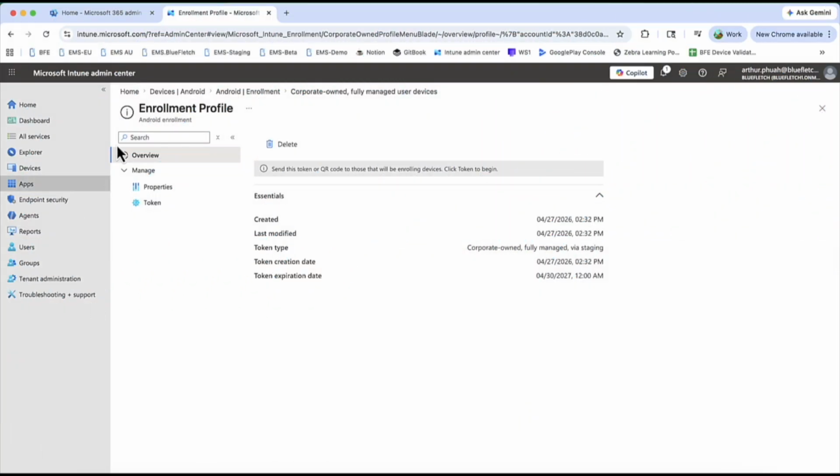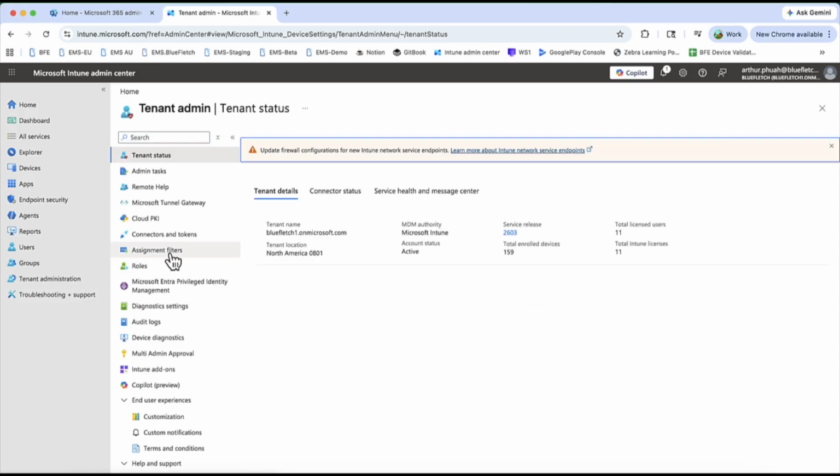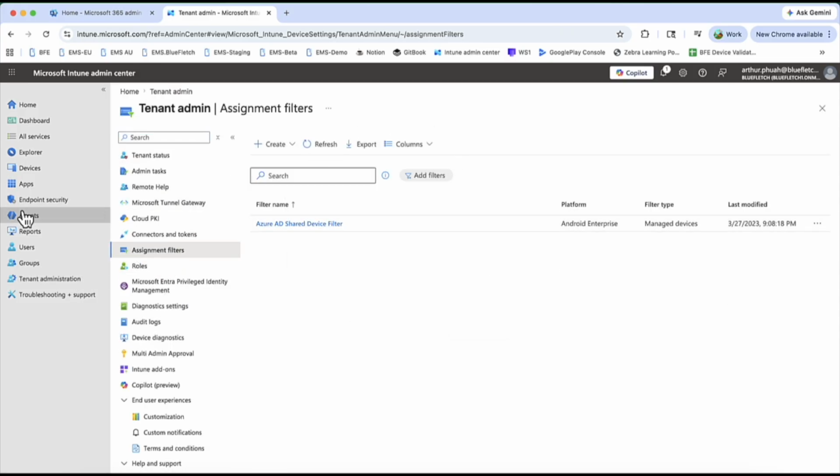So now that you have your enrollment profile, you want to be able to enroll certain apps to certain devices. Let's say you have different groups of people within your organization. You want to be able to assign only certain apps to certain groups of people. For example, management will get certain apps, the guys on the floor will get certain apps, and maybe finance will get certain apps. So you can always use the tenant administration's assignment filter to create a filter, but